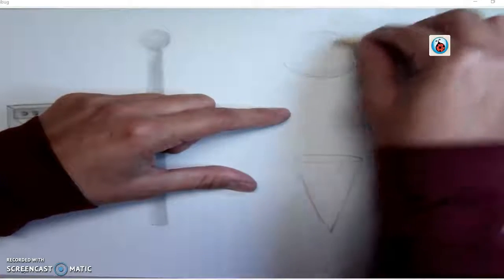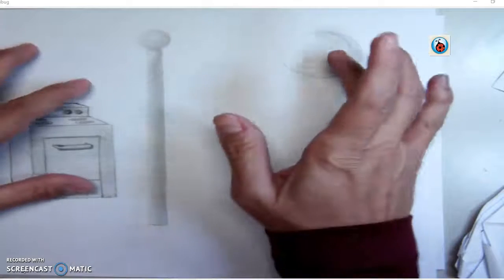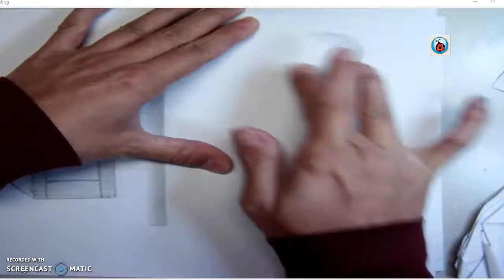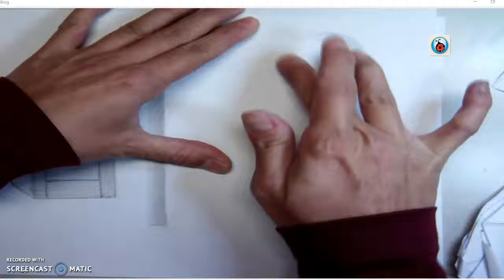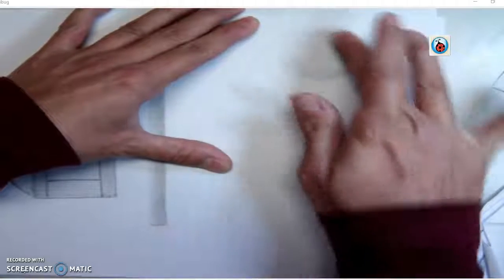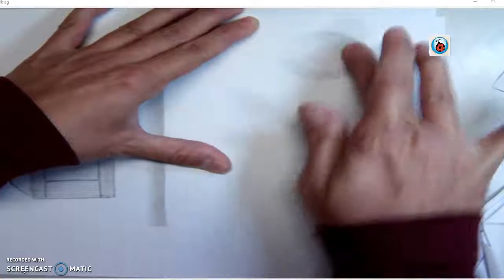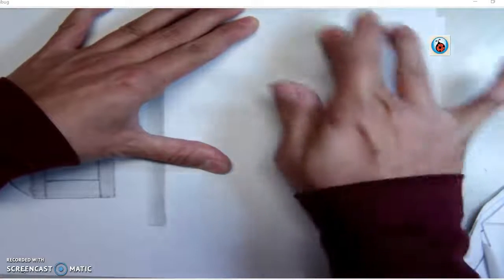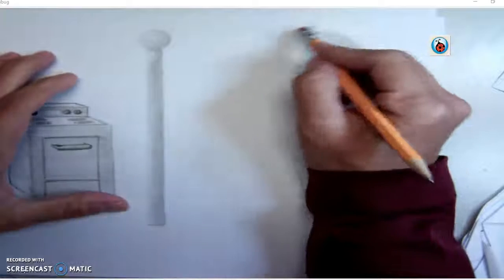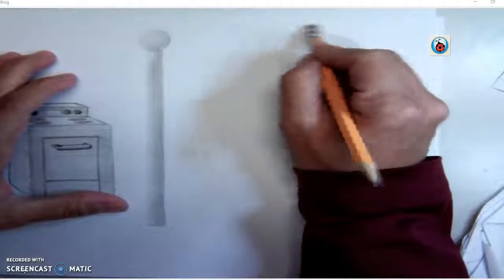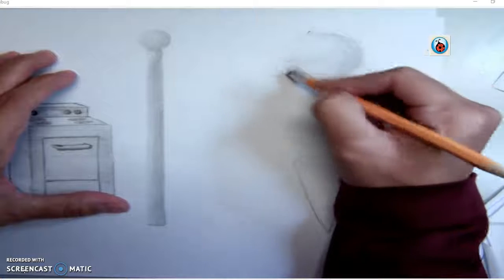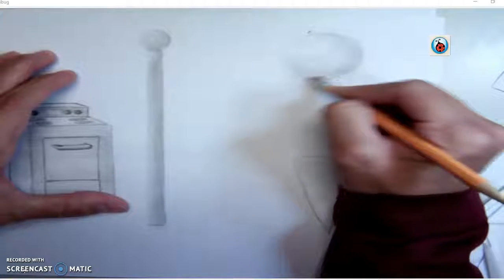And then you can use your finger to go ahead and blend this around. You want to go in a circle from the dark side to the light side. And then in the middle part, you can kind of go in a circle there. Try to keep your shape round. And that'll work for now. And then I'm just going to erase all the other stuff from the outside. We're going to turn this into a soccer ball tomorrow by adding all the